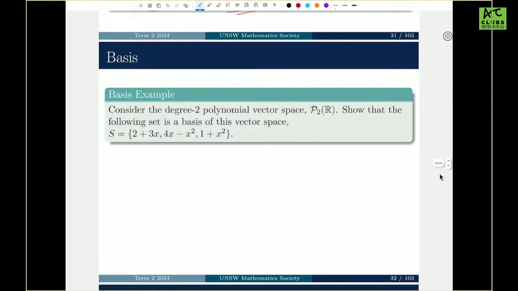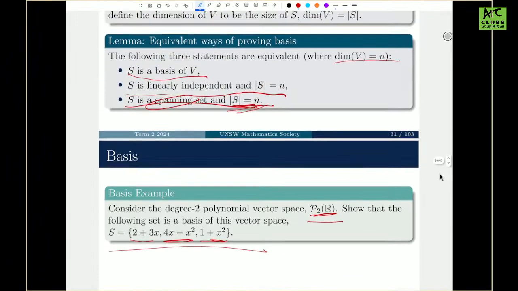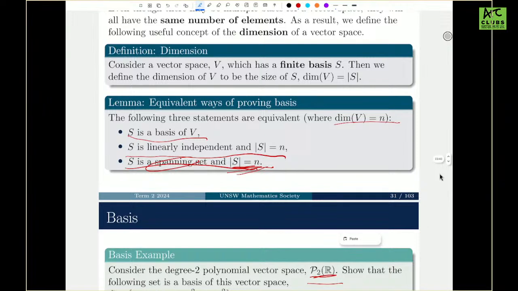Okay, an example of a basis. Consider the degree 2 polynomial vector space. So this is just polynomials of degree 2 with real coefficients. Show that the following set is a basis of this vector space. So these three things. We want to show that any element in this space can be written as some linear combination of these, and not only that, but that